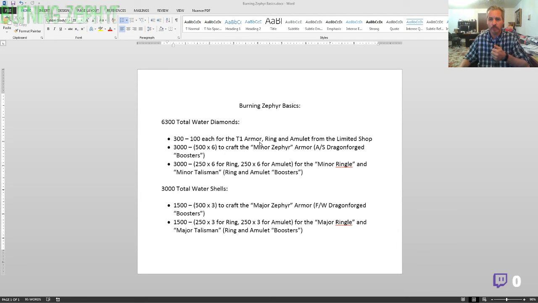Those are all in the limited shop. Just go to the limited shop, and they're on the far right-hand side, right by the exchanger for getting the exclusive material to exchange out for the regular seasonal material. So buy one of each of those, so that's 100, 100, 100, and then you'll need 3,000 more for the Burning Zephyr Armor,